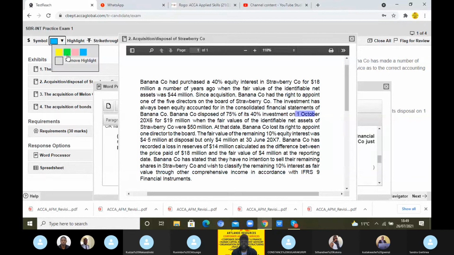You can highlight the dates, they are important. 1 October was the date of disposal. Year end is 30 June. So at date of disposal, the remaining interest was 4.5 million, but at report date, about 9 months later,